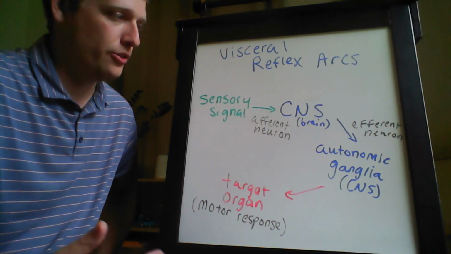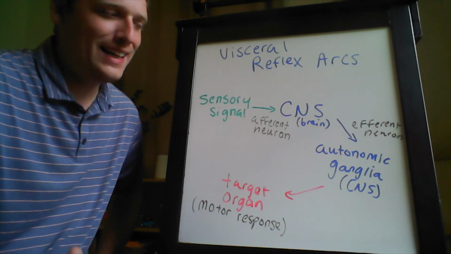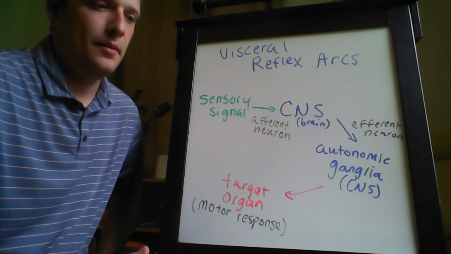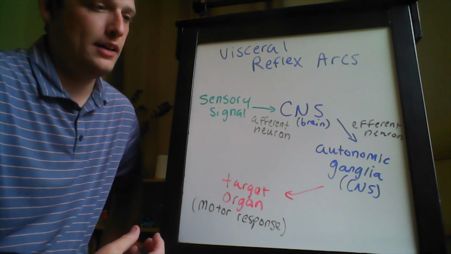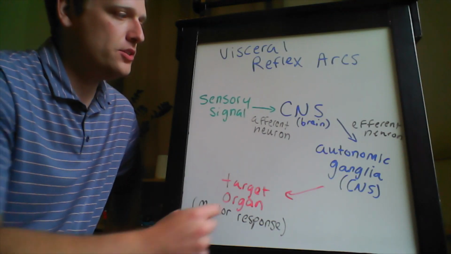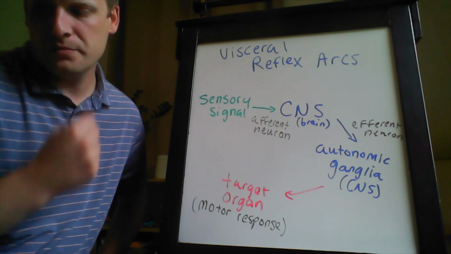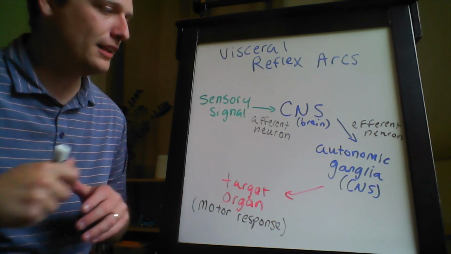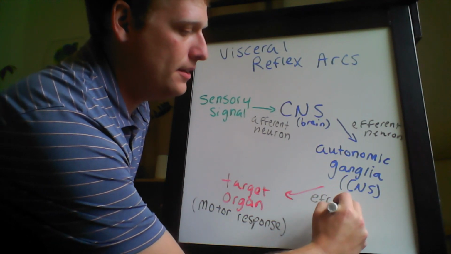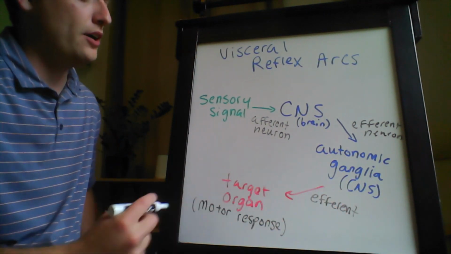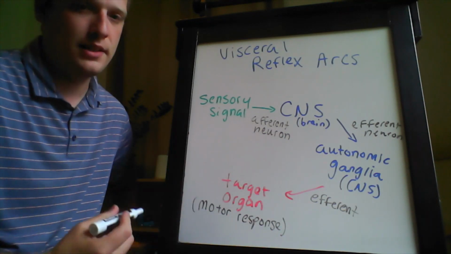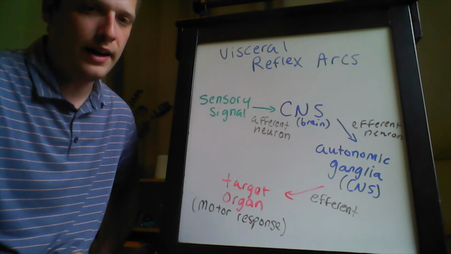Ganglia are basically collections of neurons that send their signals in a similar direction toward target organs. So the autonomic ganglia are going to collect those signals from the central nervous system and send them through another efferent neuron toward the target organ, where you get a motor response, whether that is slowing the heart rate or increasing it,